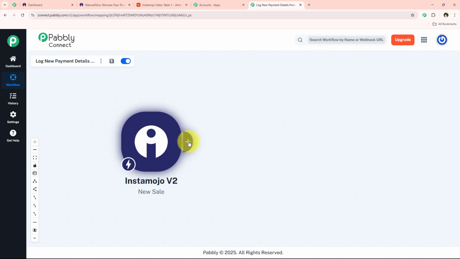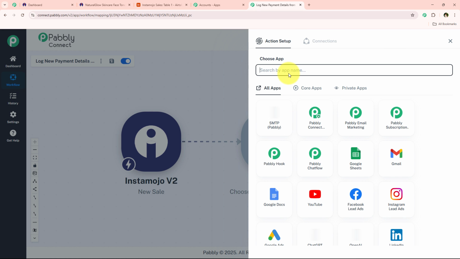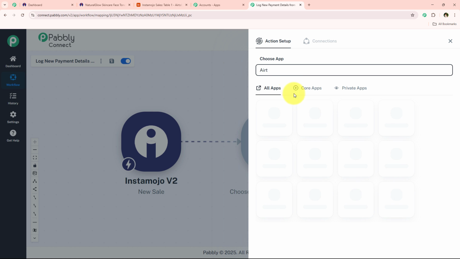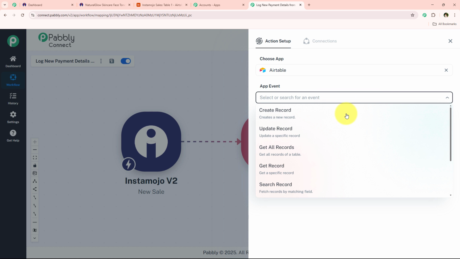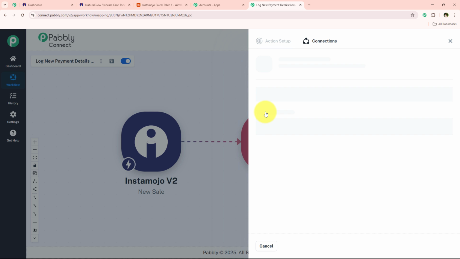So for that, I'm just going to add an action step right over here, and now I'm going to select my action application as Airtable. So I'm just going to search for Airtable and select it right over here. And now for the app event, I'm just going to simply select create record